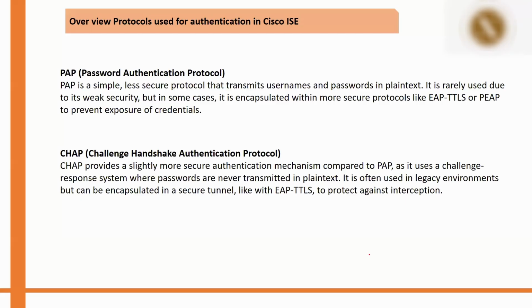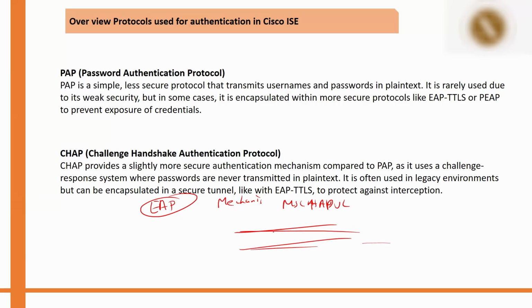It uses a challenge-response system, but that should also not suffice for security. Nowadays it is often used in legacy environments. It can be encapsulated in a secure tunnel. So what we understand from this is, one thing is the building of the tunnel. The first thing is holding the credentials. Then we need a mechanism to authenticate, that is through MSCHAP v2, and then transporting those through the tunnel protocols. This is the mechanism to authenticate your credentials,